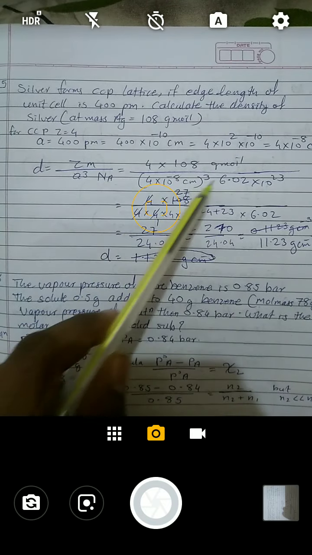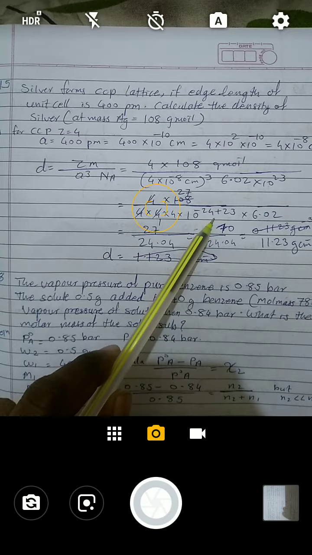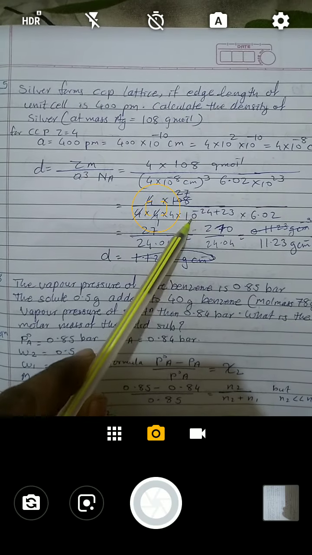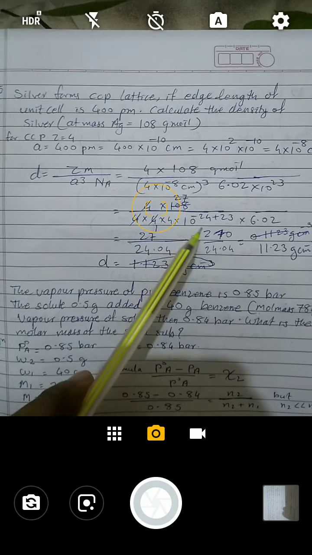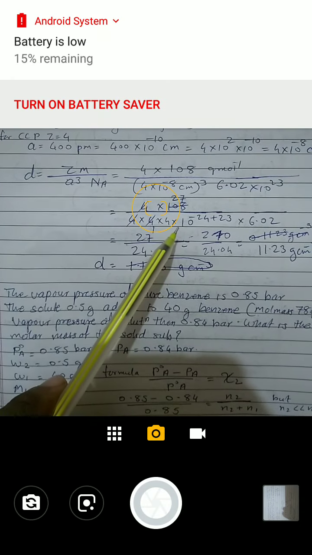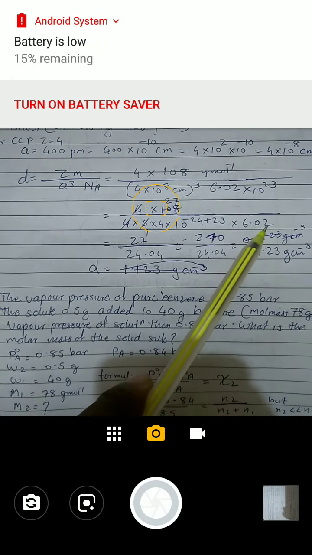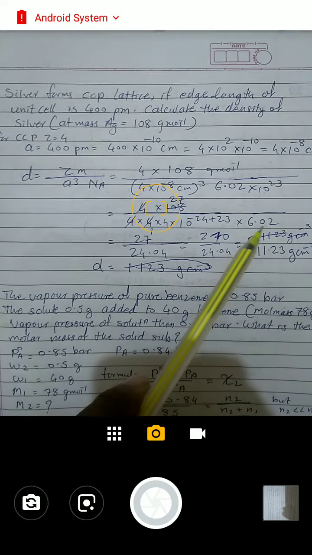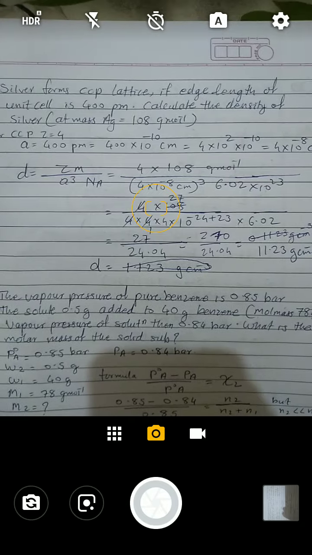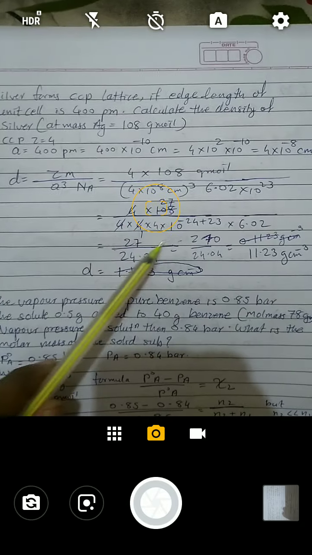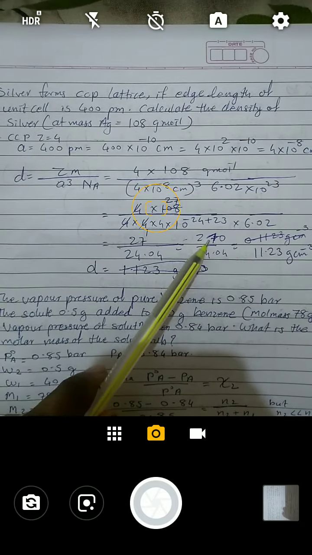So 8 into 3, that is 24, minus 24 plus 23, and it comes out to be 10 raised to power minus 1, and that is multiplied by 6.02. Here this 10 raised to power minus 1, when it goes upward, it will become 27 into 10,